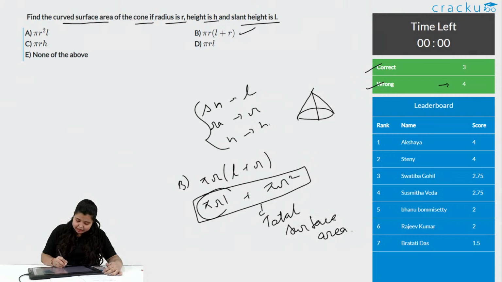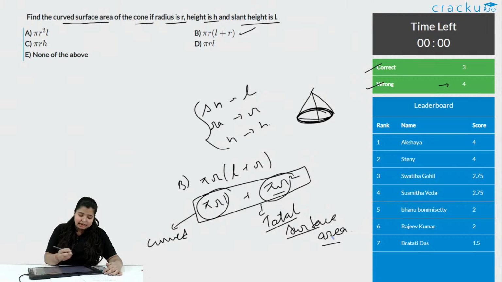Pi r L is the curved surface area, and this is the area of the base, that is the circle, pi r square. So this entire formula is the total surface area, but not the curved surface area, and the question is asking what is the curved surface area of the cone. Curved surface area of a cone is pi r L,